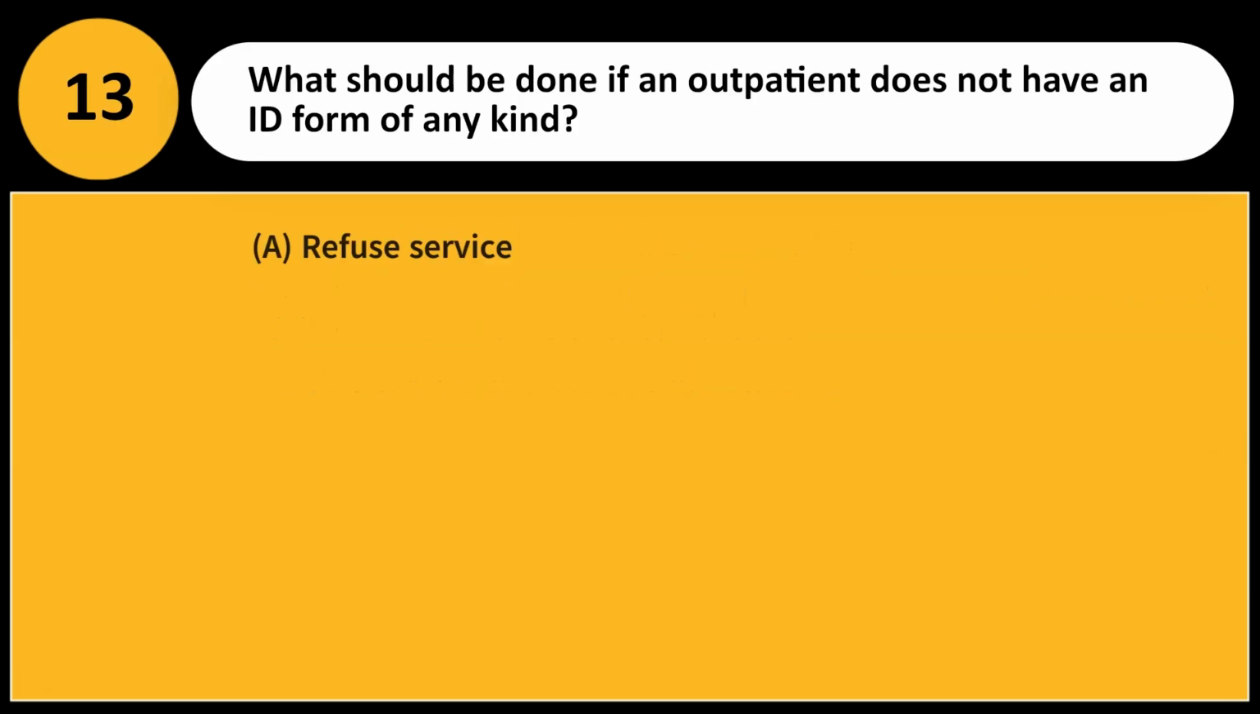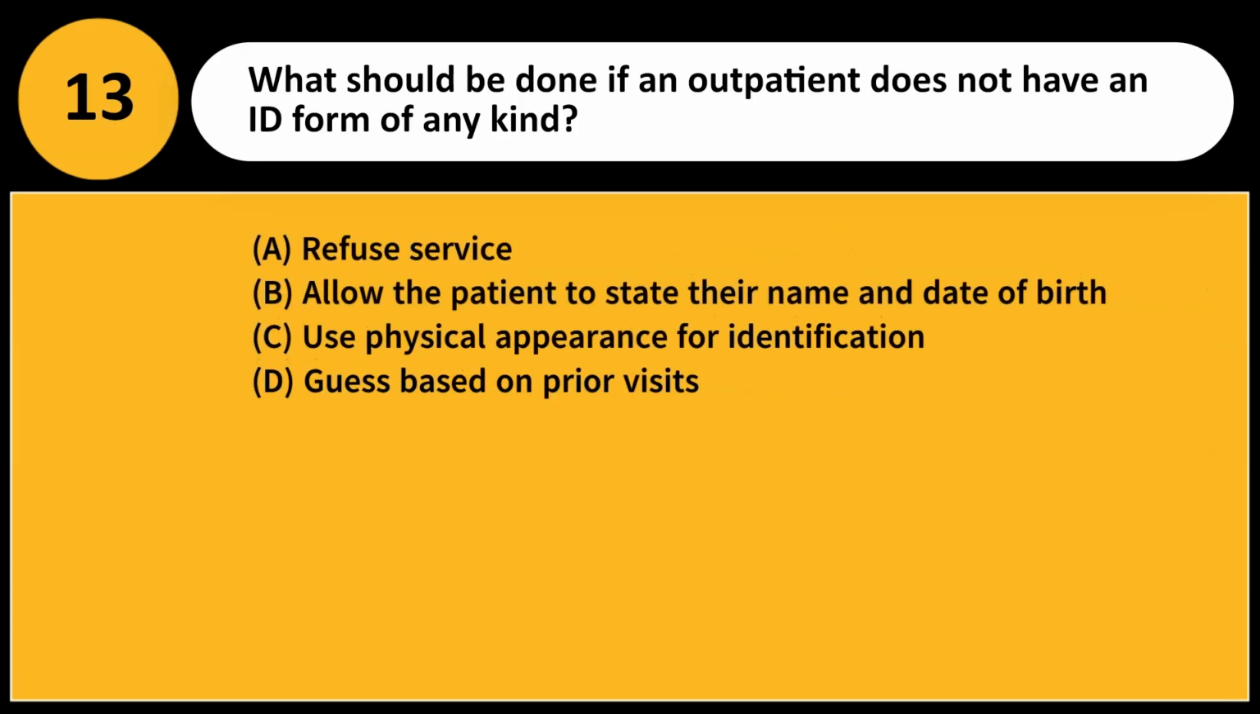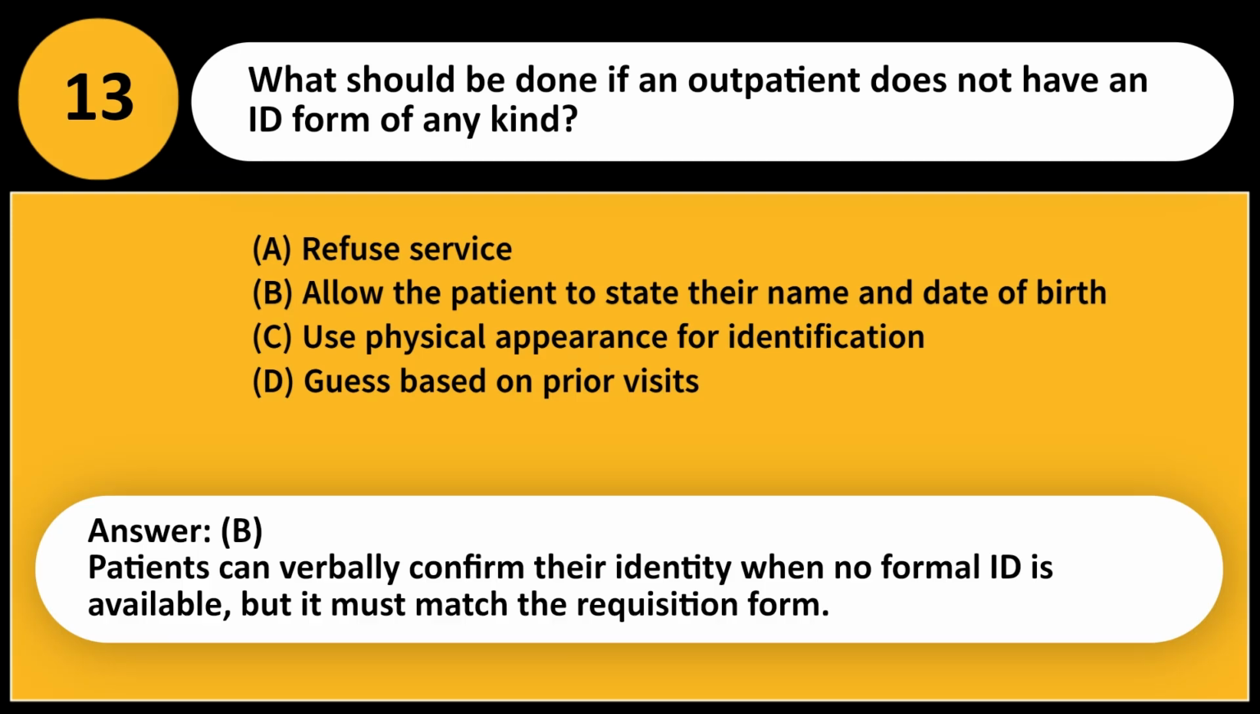What should be done if an outpatient does not have an ID form of any kind? A. Refuse service. B. Allow the patient to state their name and date of birth. C. Use physical appearance for identification. D. Guess based on prior visits. Answer: B. Patients can verbally confirm their identity when no formal ID is available, but it must match the requisition